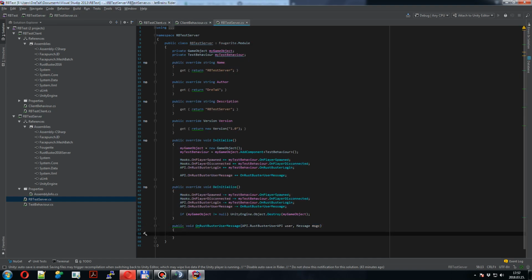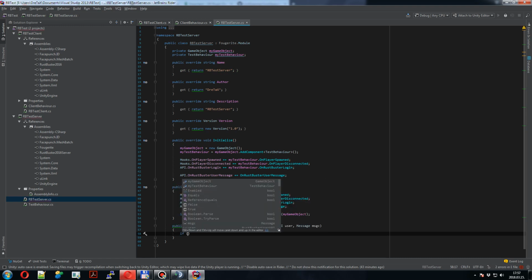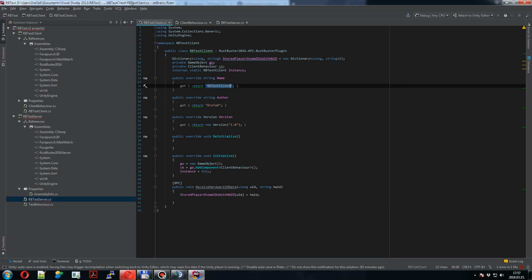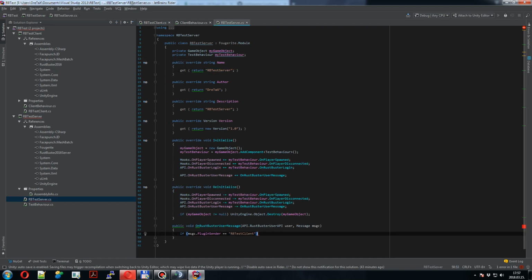and we jump back to the server. We check if our message msgc plugin sender equals RB test client. So we are distinguishing between all the plugins that are communicating with RustBuster. We are just going to work with the RB test client's messages this time, and we go ahead and type string message, or we can type full message